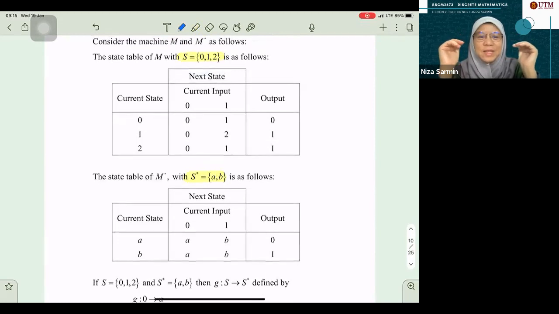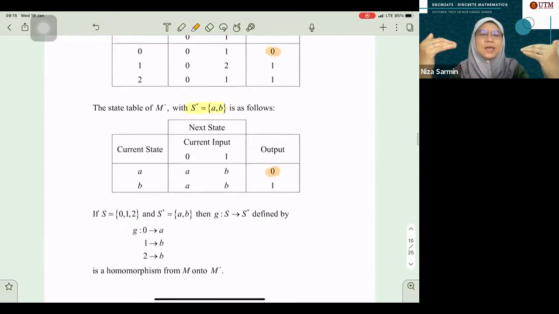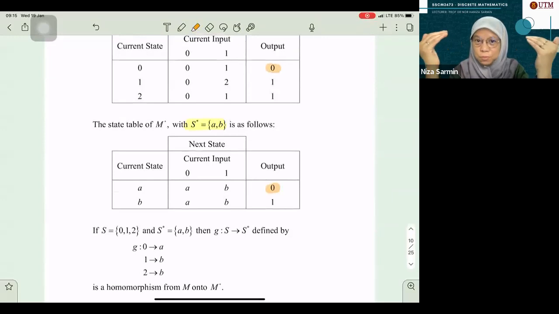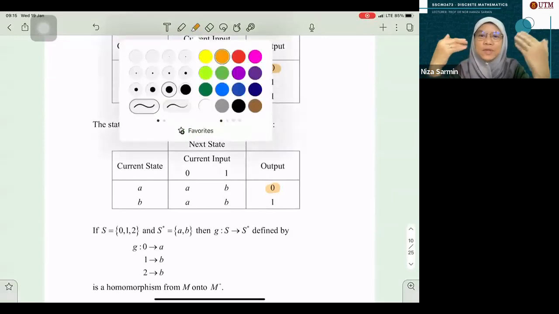So you can definitely see 0 with the 0 output is mapped to A with the 0 output. So you match up 0 with the 0 output to A with the 0 output. Now with the 1 output, the first machine,